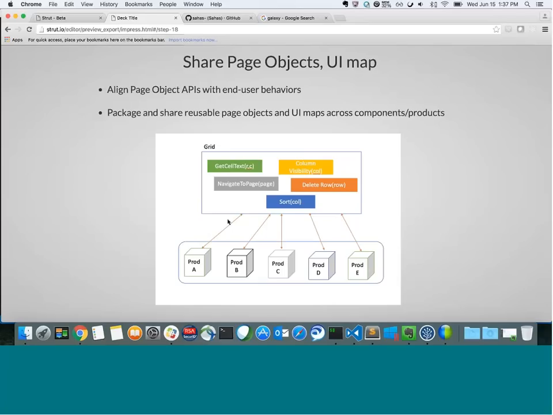share the UI map. For example, in the picture here, if you take grid as a component, these are some of the APIs that I would love the grid component to expose for the consumers. Consumers could be product A, B, C, and many, many consumers, right? So the consumers do not have to figure out how to test something within the grid. For example, if the consumer is trying to delete a row from the grid,